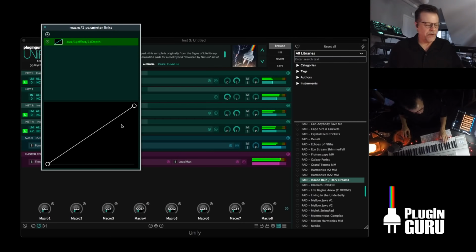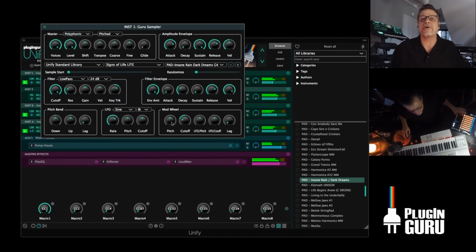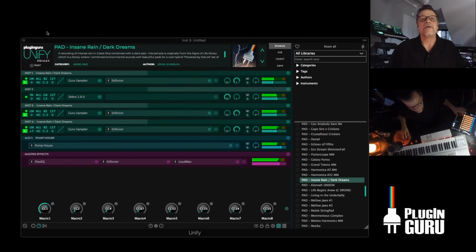I'm gonna bring up my mod wheel. Now it's changing other parameters in the sound. So I'd want to go looking over here and go, oh, I want you guys to go brighter, not darker. So I can go from no pad, just a pad,